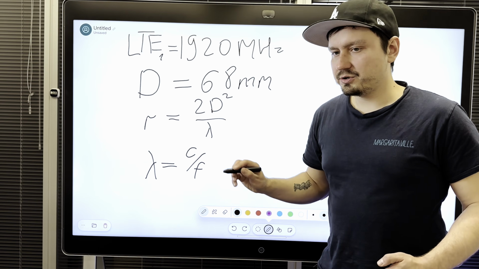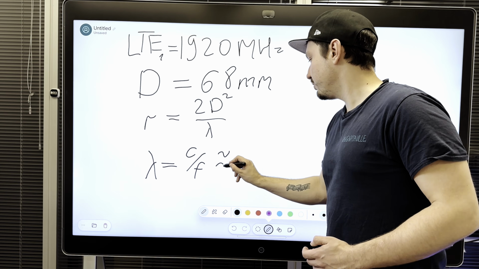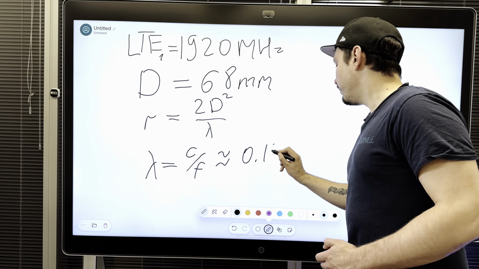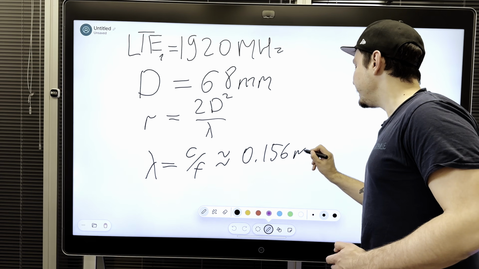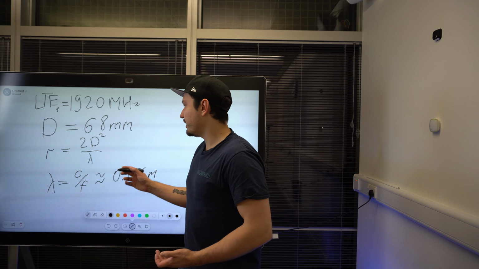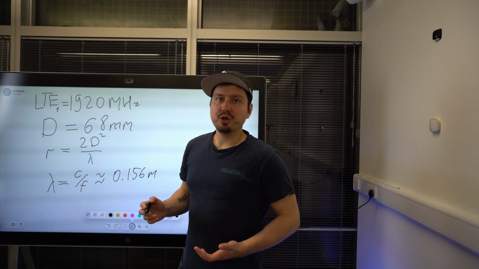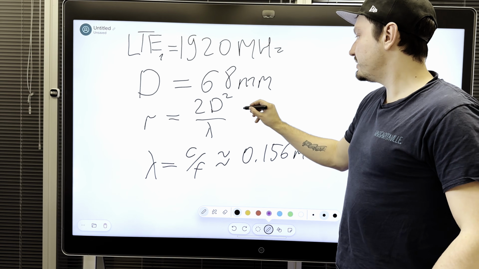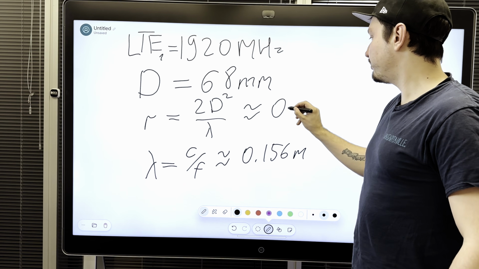This is approximately equal to 0.156 meter. So now we know everything that we need to calculate the far-field region, and this distance is going to be approximately